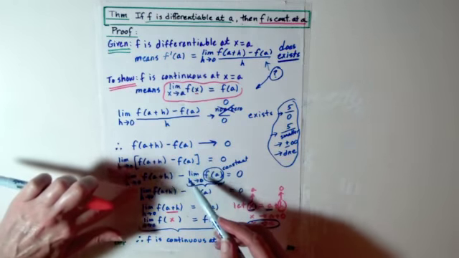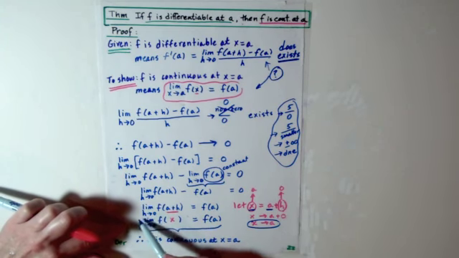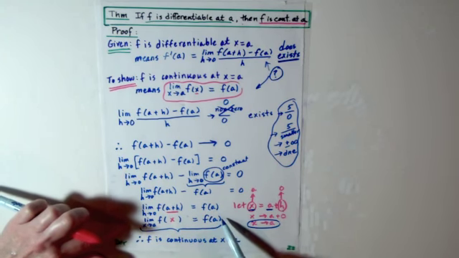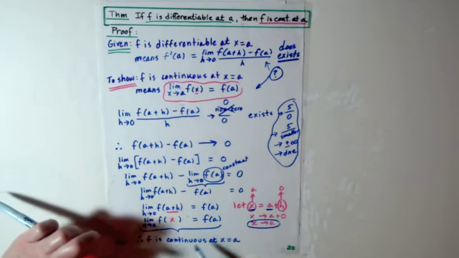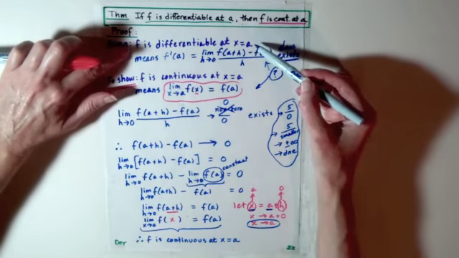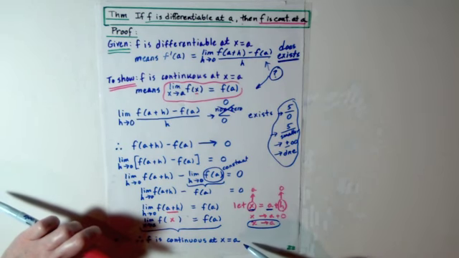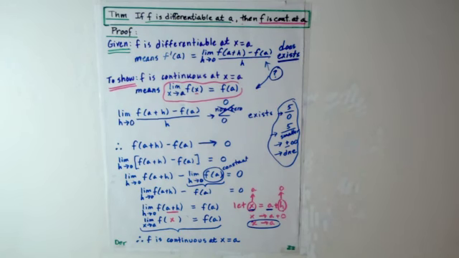We did a bunch of very technical steps, and we ended up with this statement, which is the exact definition of f being continuous at x equal a. Thus, if f is differentiable at x equal a, f has to automatically be continuous at x equal a. And that's a nice formal proof of this statement,